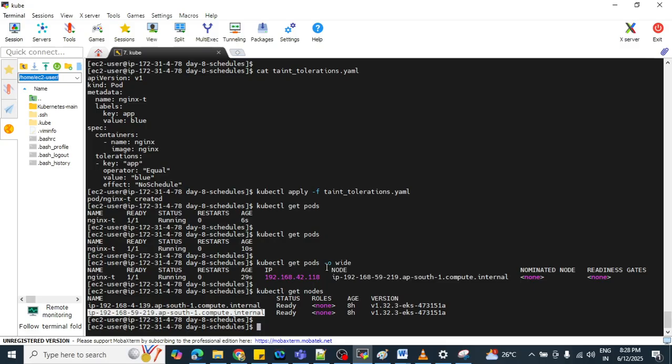Which command do you need? kubectl taint nodes, and you need to put the node name where you want to put the taint, app equal to green. Here we need to put NoSchedule.